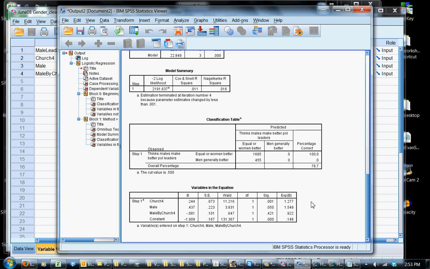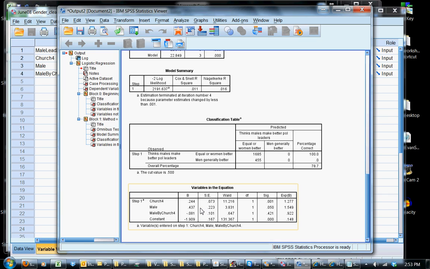Our male by church statistic is not significant, and we can tell this because it's not below 0.05, which would be the appropriate threshold in this type of study with this number of observations. And 0.42 means it's not statistically significant. So how do we interpret that? What we say is that